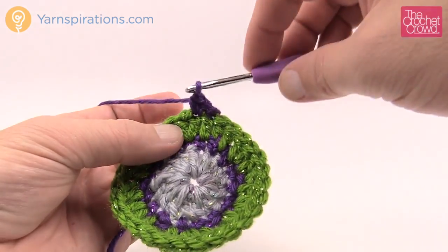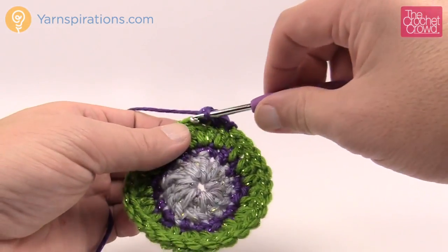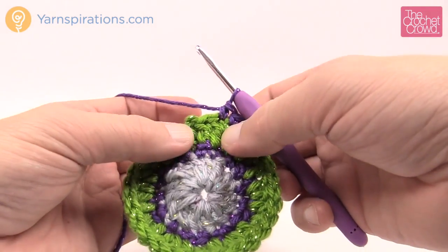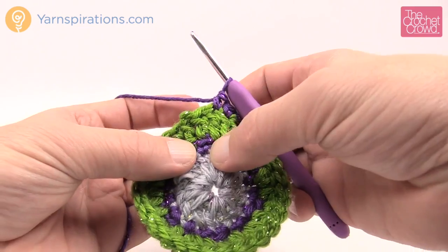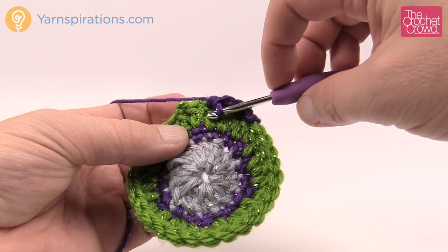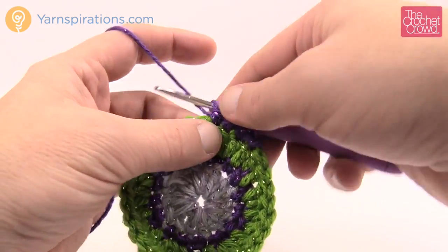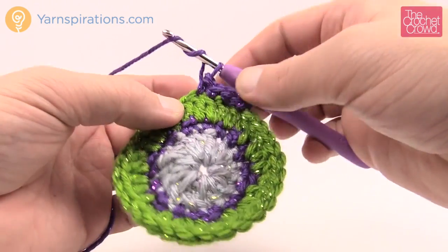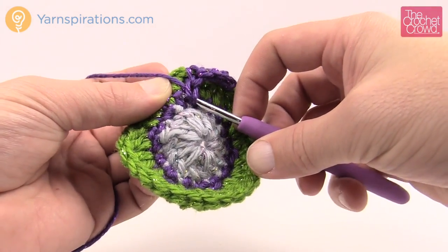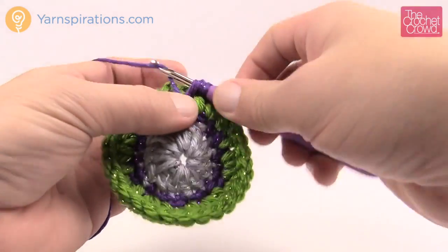So the next 2 stitches that are available to you will be 1 single crochet each, and if your count is right, this should take you to the stitch that is just before the other one here, and this is the front loop down here, so it should take you just right to here. Okay, if you've started in this section properly. So we're going to do a treble. So we're going to wrap the hook first and go into the front loop. So I come up from the underside, from the bottom and through, yarn over, pull through,